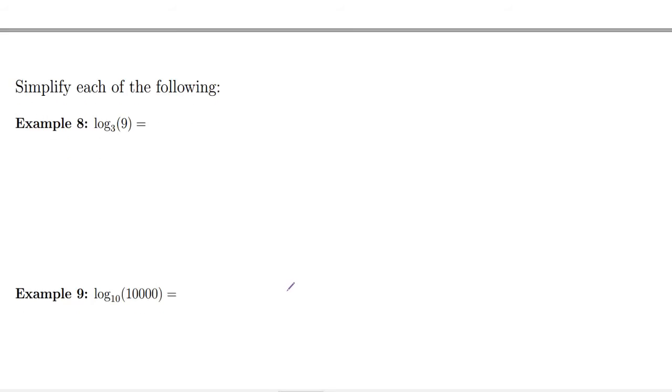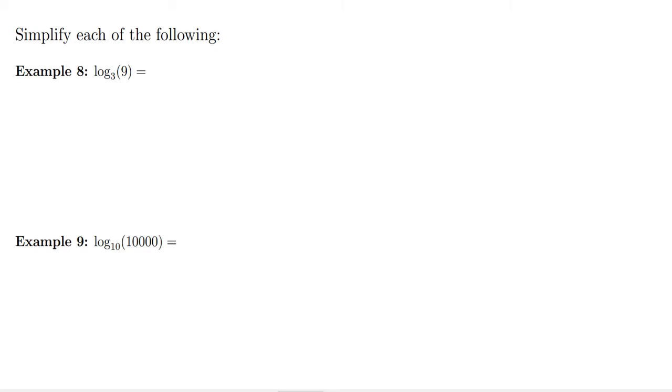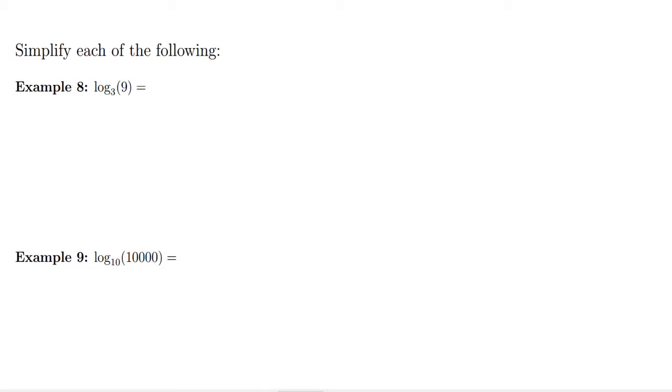Okay, so continuing on, can we simplify the following? Well, 3 to what power gives us 9? Well, that's 3 squared, right? Since 3 squared equals 9. Okay, 10 to what power gives you 10,000? Well, that would be 10 to the 5th, right? So since 10 to the 5th is 1 followed by 5 zeros,